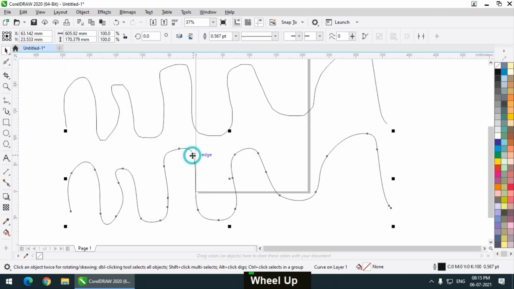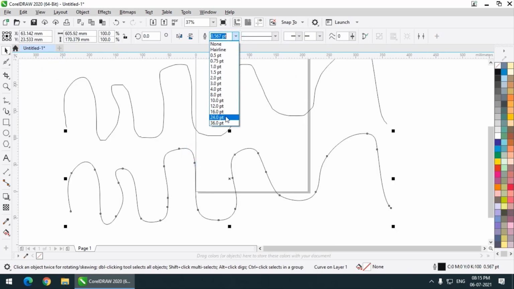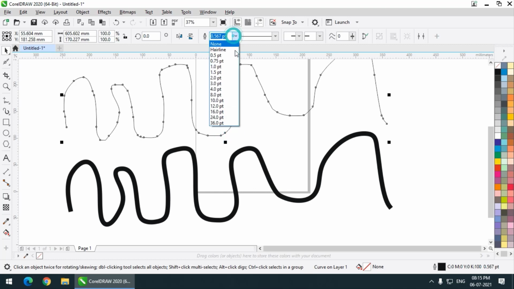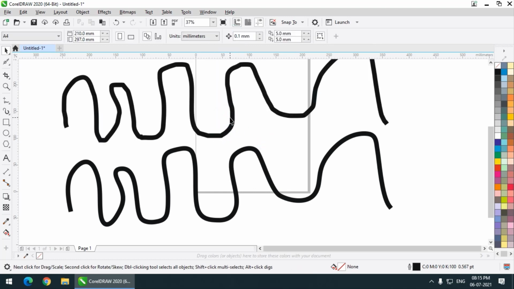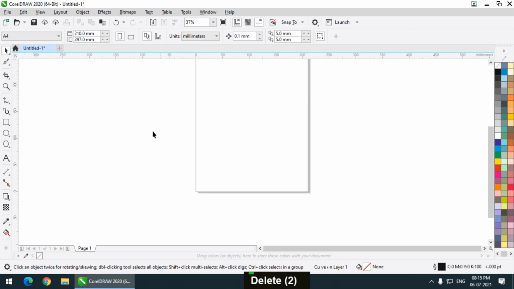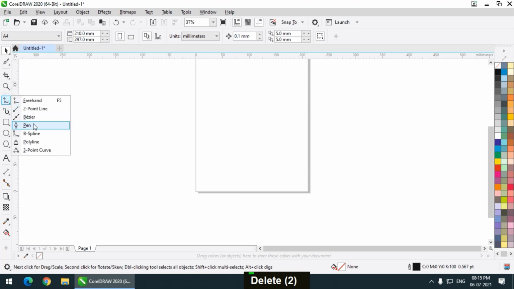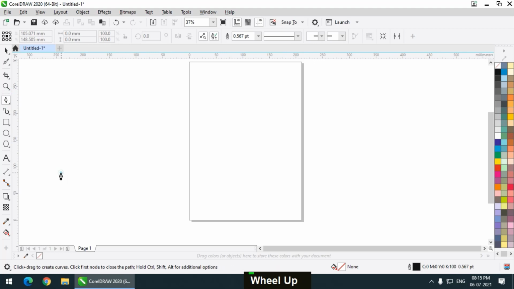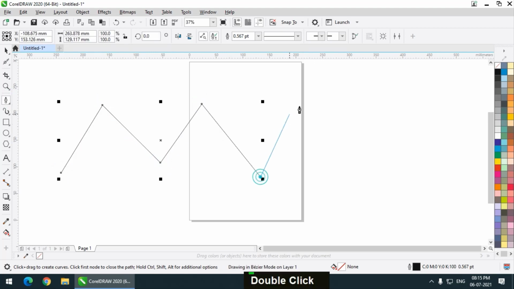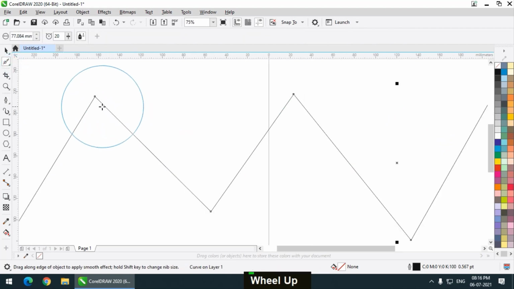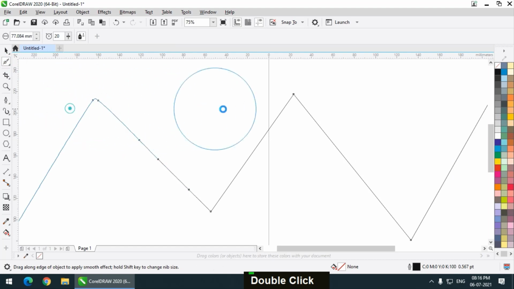I'll increase the thickness, let's say 24, and this one again 24. So as you can clearly see, this is rough and this is smoother. We can use the Smooth tool to simply smoothen any shape. So let us use it on some other shape. This time around I am using the Pen tool to create a shape, or rather an outline. What if I use the tool on this particular shape? You can simply drag it. You don't have to do anything else, simply drag.